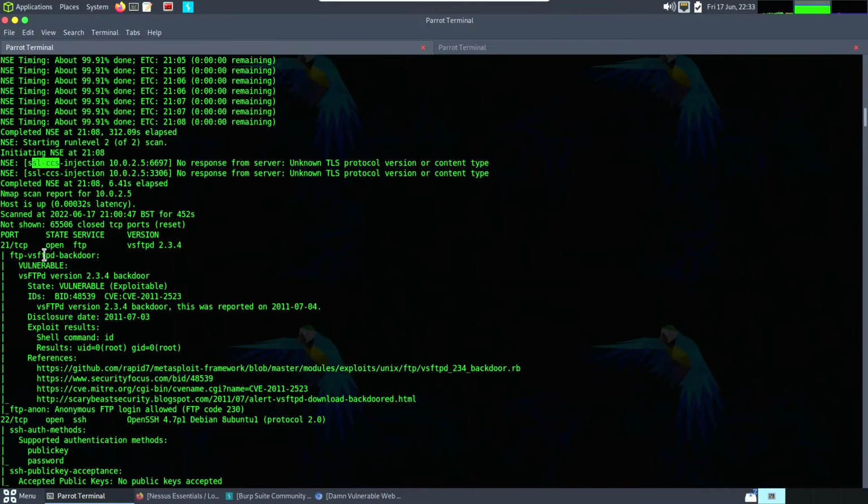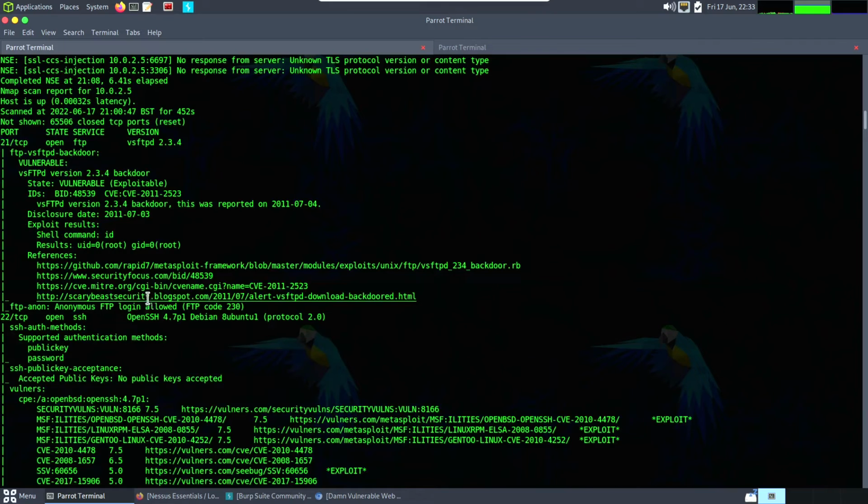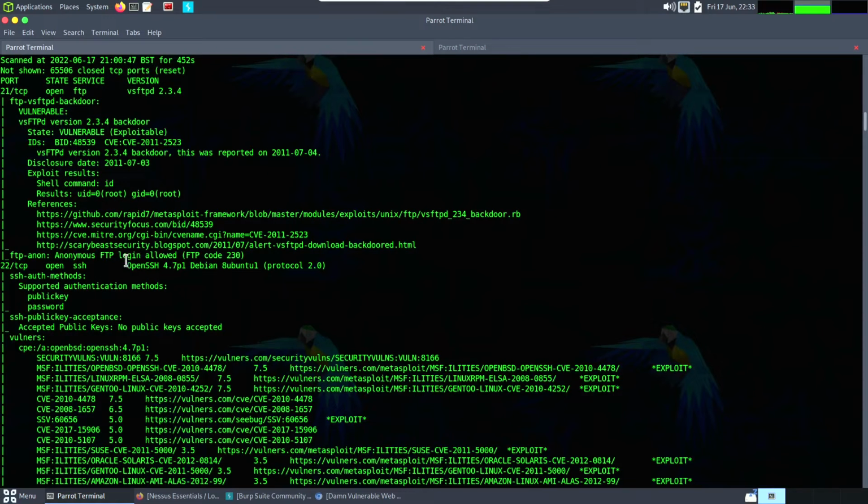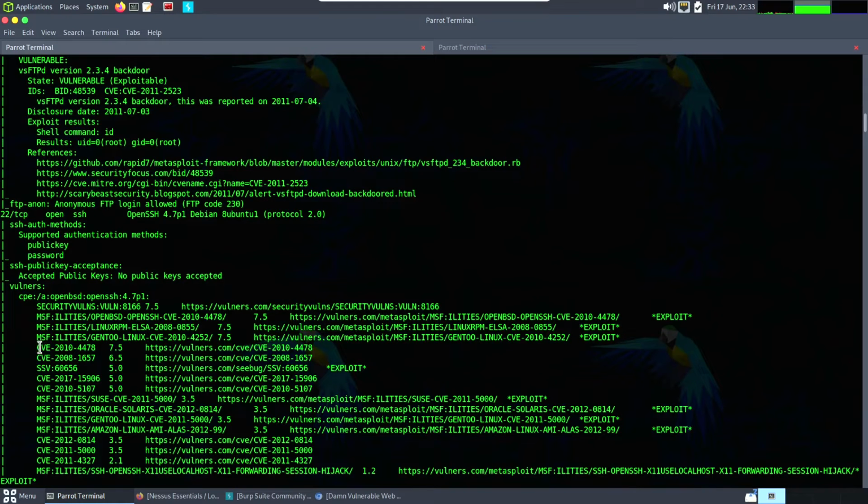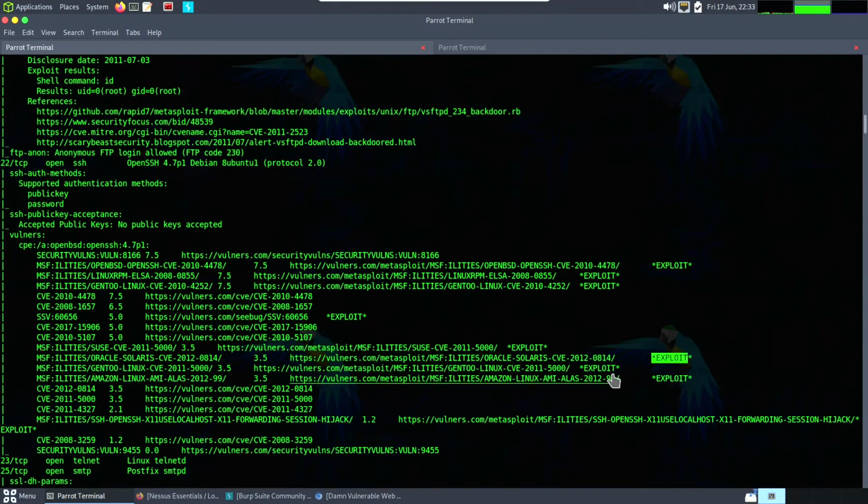but you can also see it's now finding vulnerabilities. So you've got vsftpd 2.3.4 and it has a backdoor in it. I believe this is the backdoor where if you specify a smiley face as the username, it will just log you in regardless. Feel free to Google that one. But yeah, as you go through, you can see that not only does it find out what versions of the services are running, but it will also identify any vulnerabilities on those services. So you've got CVEs coming out of everywhere over here, and you can see that there's exploits available for them,